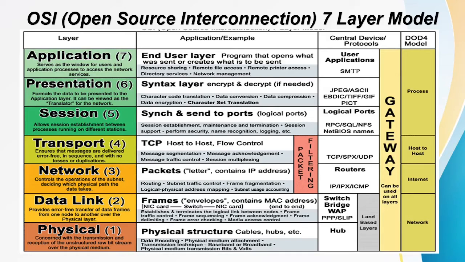Okay, so what is a layer? A layer is a stage here. This is one stage, this is one stage. So we have different stages. So a layer is a stage where you can take a different set of actions,